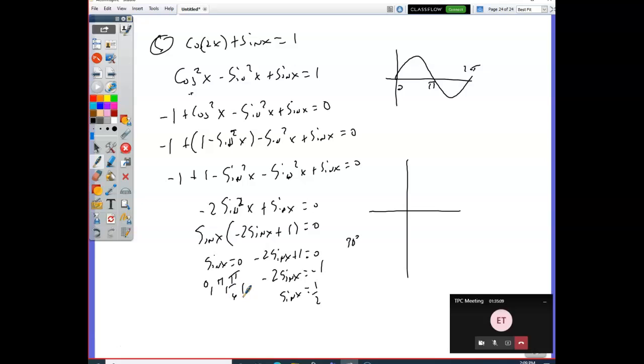And 5π/6. I love it. 5/6, because it's got to be the second quadrant because it's positive. And the reference angle is the same. Well done, Ms. Tippins. Well done. Yes. I did it a different way. I got only 2 of the same answers. I just wanted